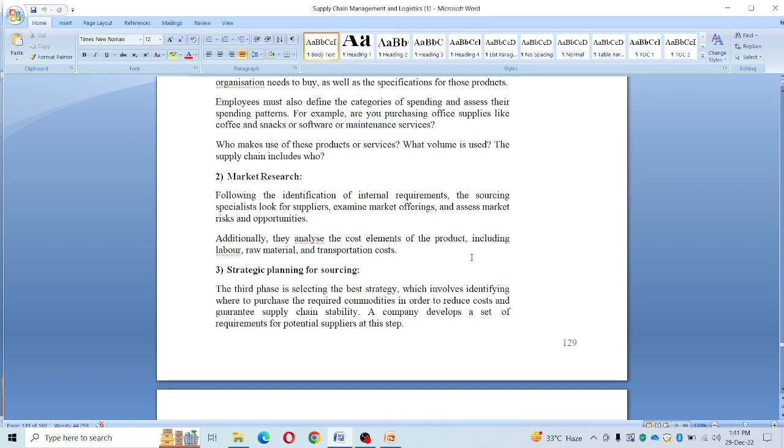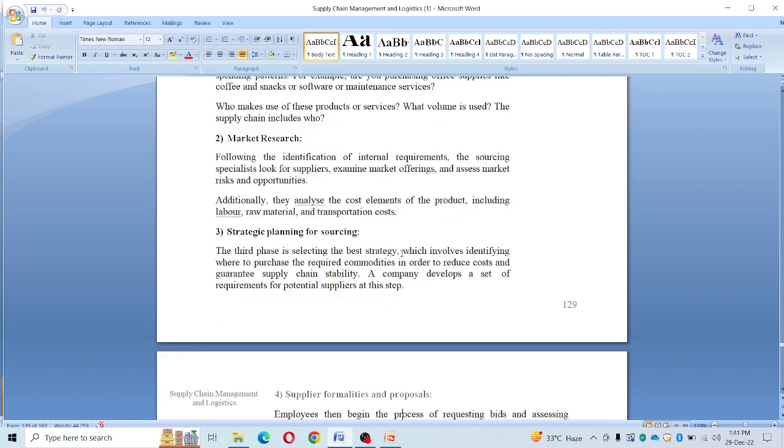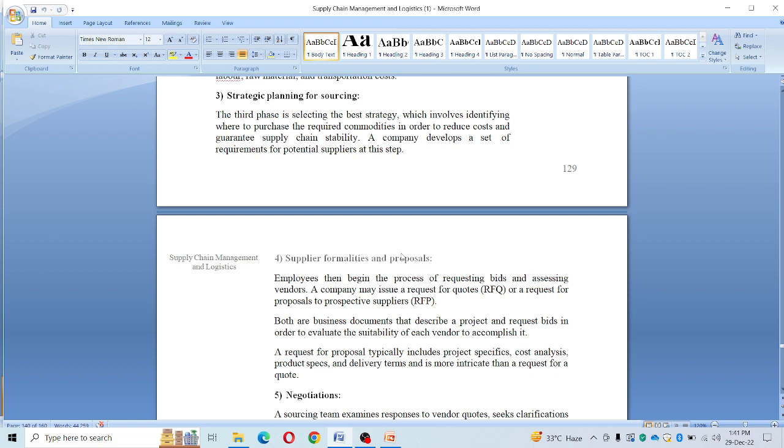Marketing research is very necessary because you are identifying and looking out for the potential suppliers. So you are examining market offerings, you are assessing the risk and opportunity. किसी supplier के साथ जुड़े रहने के साथ risk और opportunities क्या है, उसके अलावा कॉस्ट एलिमेंट क्या होगा, लेबर, रॉ मटेरियल, ट्रांसपोर्टेशन कॉस्ट, ये तीनों भी सोर्सिंग के ही फंक्शन है।